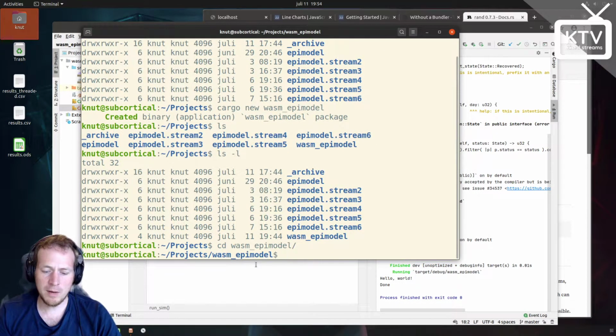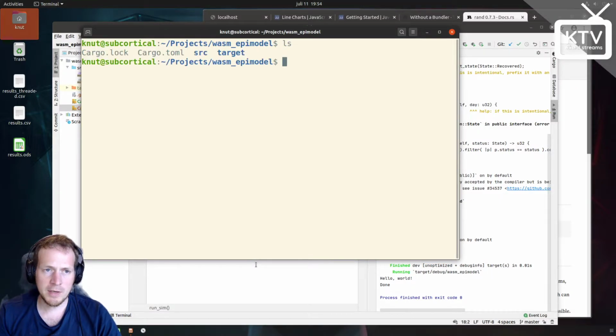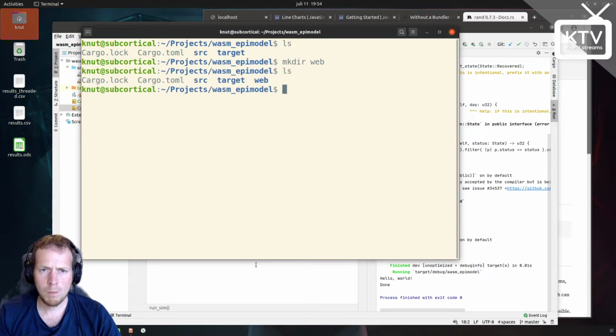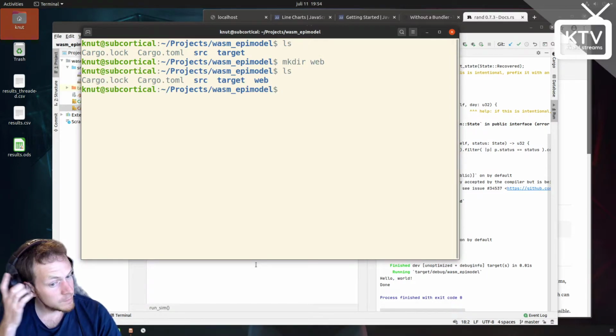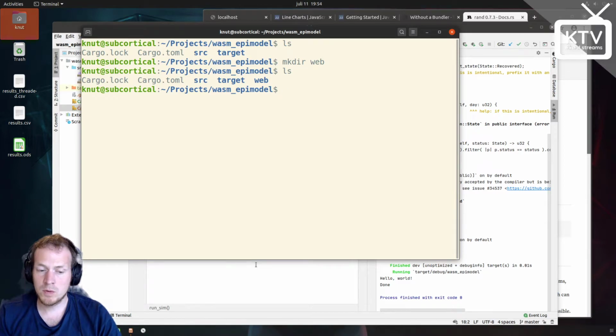Okay, so now we are in our directory. We have our stuff. So we are now going to transform this into a website. So we're going to make a directory called web. And now we're going to use, first we're going to use cargo. We're going to build it, but we're going to build it for another target than the one that's default. We're going to build it for wasm-32